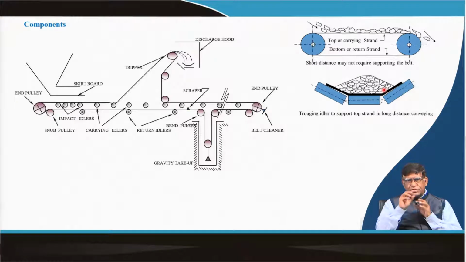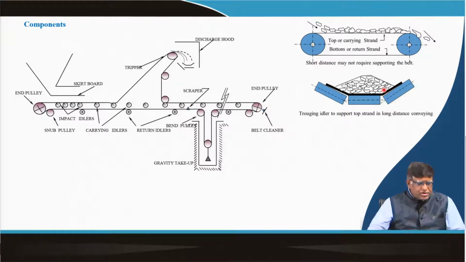I hope you start drawing these things while you are listening. You can start drawing over here. First you draw these two end pulleys, and then you keep another small pulley a little bit above here, so that the belt at this end goes a little bit up like this. Now you draw this line, put one line like this and take it above here, bring it down, and then of course, we are showing a break because this could be very long.